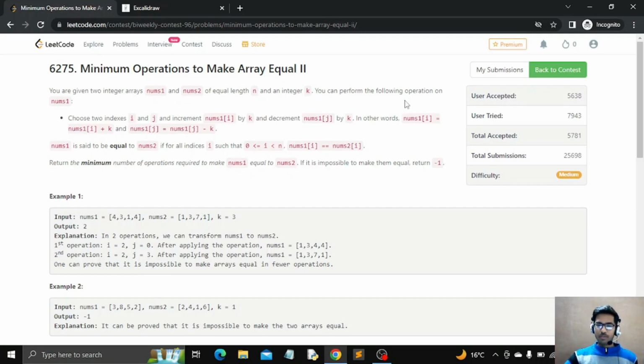We can perform the following operation on the first array. The operation is that we select two indices i and j, and we increment the element at index i by k and decrement the element at index j by k. After performing this operation a few times, we want our first array to be equal to the second array